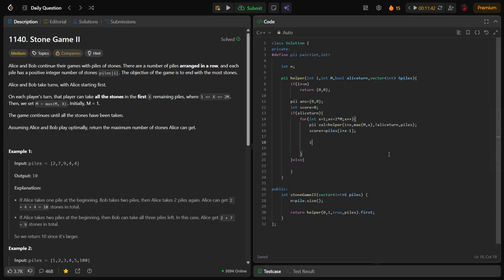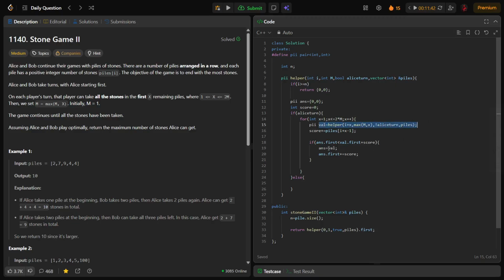Now you need to check if answer dot first, which is the Alice score, is less than val dot first. So whatever you get from the further choosing of elements, the number of piles, whatever score you have got, you're adding the present score. If it is greater than the right now maximum score, then you need to update the answer to val, and answer dot first will be score. Because whatever value you have got, you have both the scores, Bob's and Alice's, and in the Alice score you have to add the present score as well. Okay,